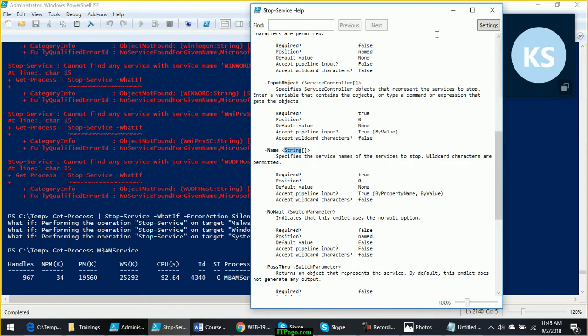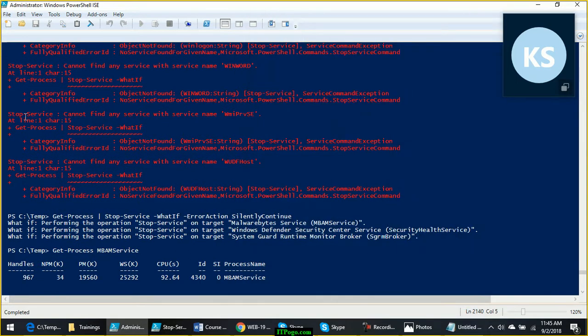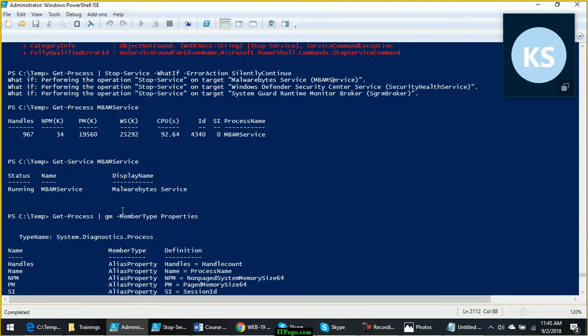Now why these errors? These errors are there because there is no service with the name WMI PR VSC, whatever. There is no service with the name WinWord. There is no service with the name WUDFHost. But there are services with names like MBAM service, SGRM broker, and the process name is also the same. That's why PowerShell has tried to stop a service where the name is MBAM, because it has found the value of MBAM service under a property called Name.